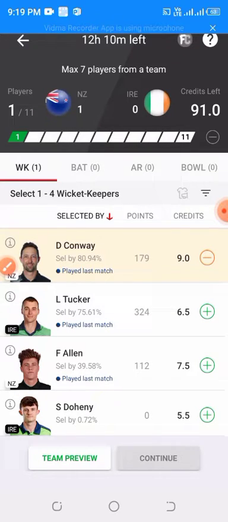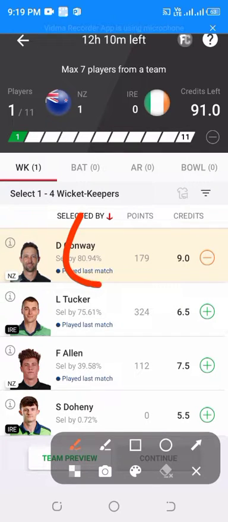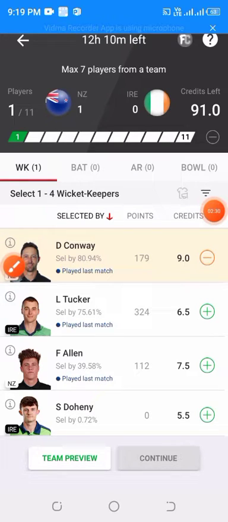He must be a must pick in your team and can be considered as a captaincy choice. Lorcan Tucker looked good in the last match, but his head-to-head record against New Zealand is very poor, so you can avoid him in your teams.